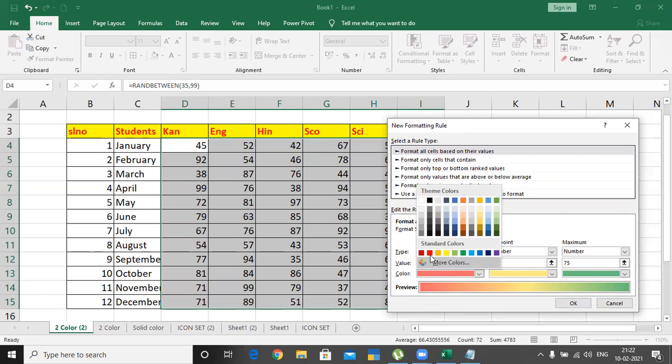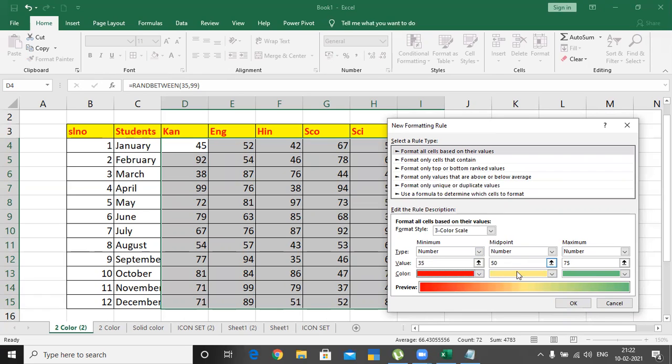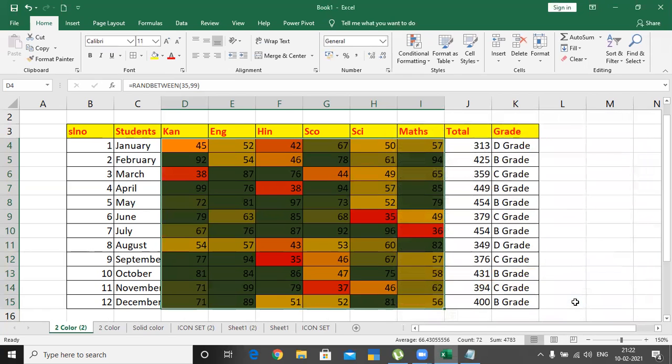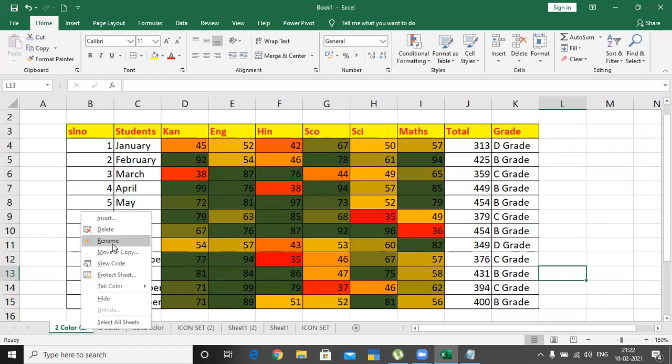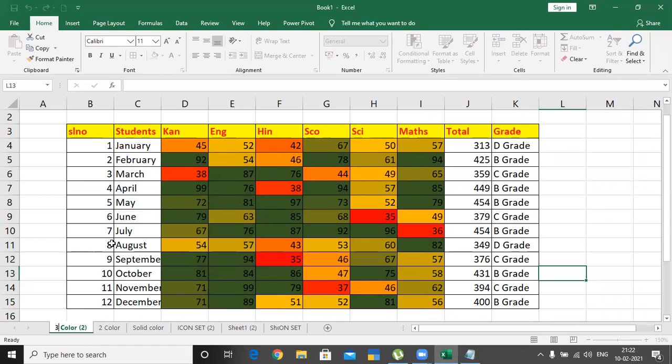So here I'll take pure red color, here I'll take pure yellow color, then here green color. So click OK. So I have used three colors in this area. See what happens. Is this understood, ma? Yes, understood. So what you have to do is right click, rename and set this to three color.